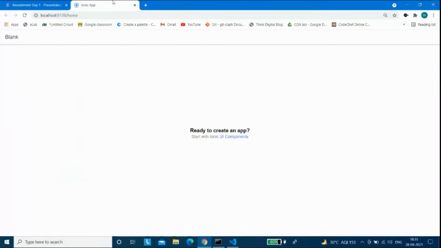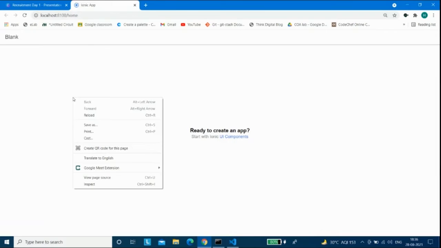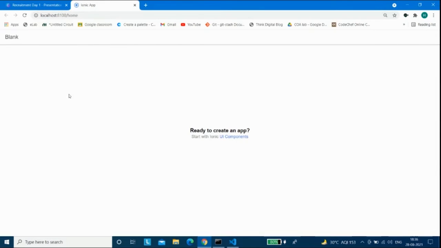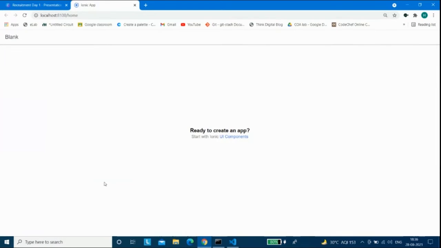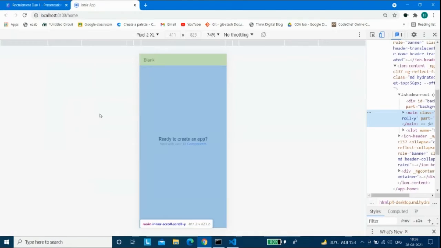What we can see over here is the homepage.html file. But as you all know, this is not how a mobile looks. Our mobile will have a smaller screen, its width will be less, and all those things. So what we have to do is just right click over here and go to inspect. As I assume that everyone is using Windows, you can also use Control plus Shift plus I. It is going to show you the screen somewhat like this.